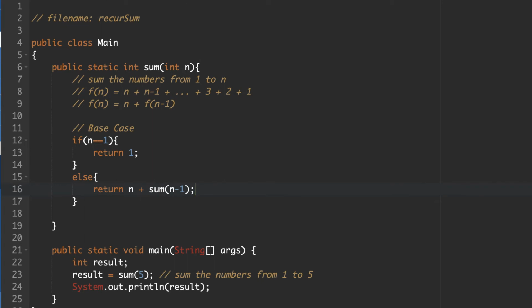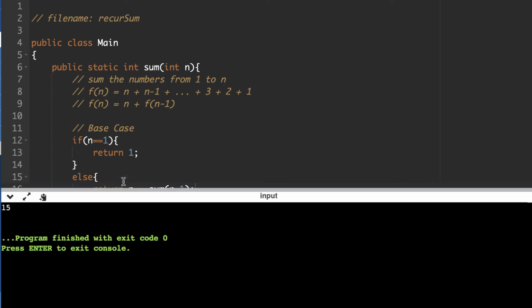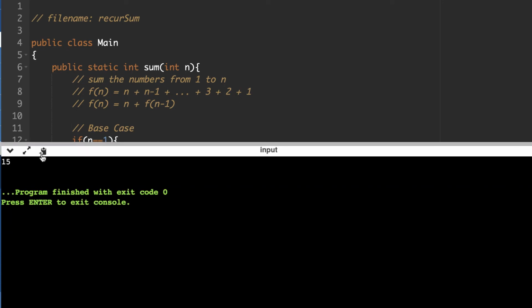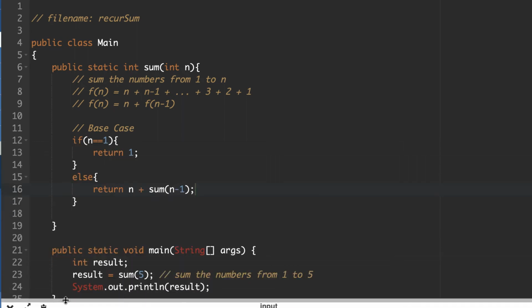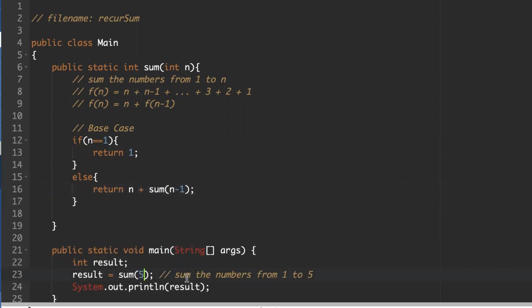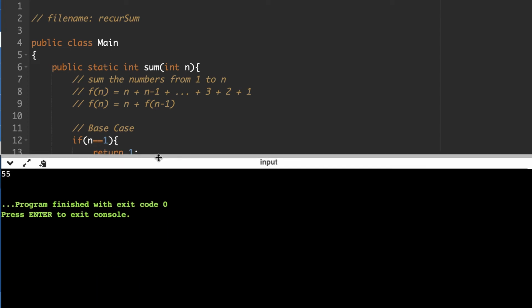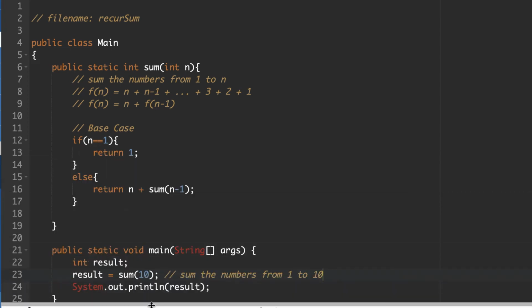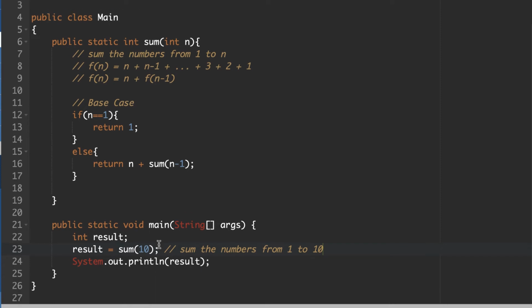So if I'm running the program, we get our value of 15, which is the numbers 1 to 5 summed together. I can do 10 if I wanted, although, well, let's make sure my comment still makes sense. And we get the number 55, which is the sum of the numbers from 1 to 10. We can also do the same thing here